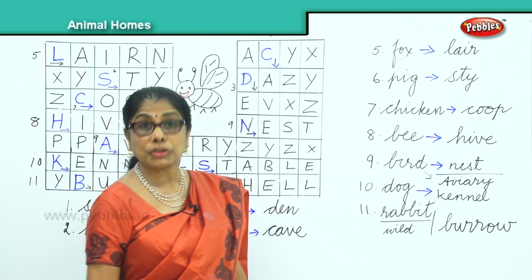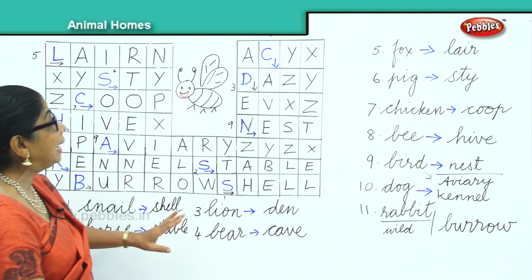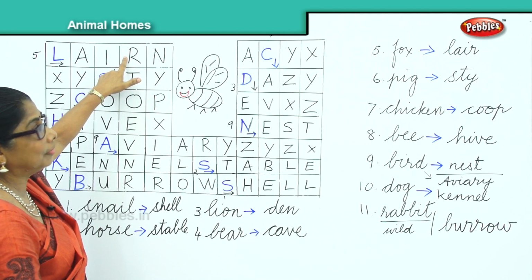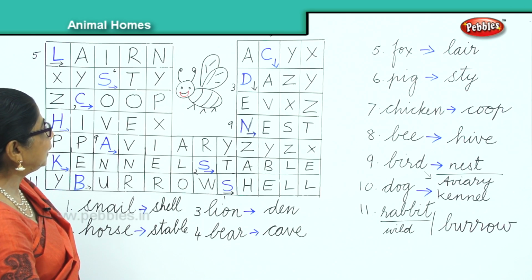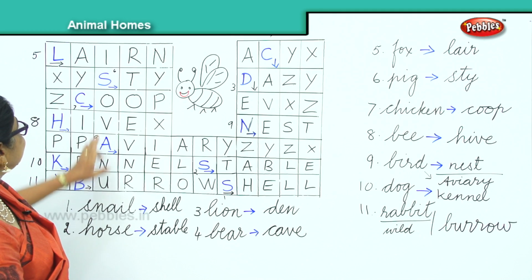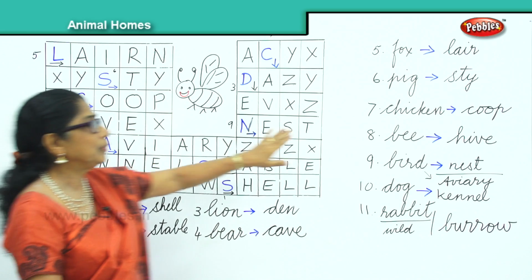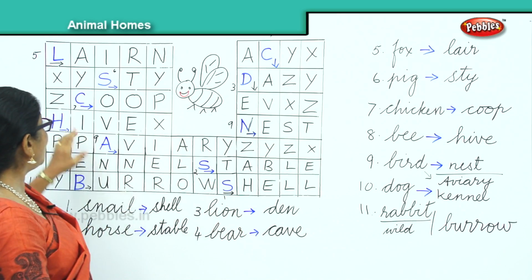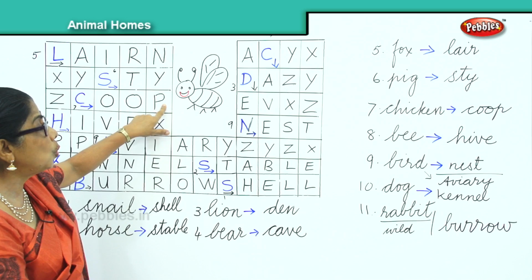Now, we have your fox, the wild animal fox. He lives in a house called lair. Okay, the house called lair, L-A-I-R. The fox lives in a lair. Pig, the pig. We make a house for them, and pig lives in a pigsty. Pigsty, S-T-Y. Pigs live in a pigsty. Chick, again the baby chick, the chicken, we make a home for them, and we call that coop. The home that we built for them. The chicken, they live in a coop.